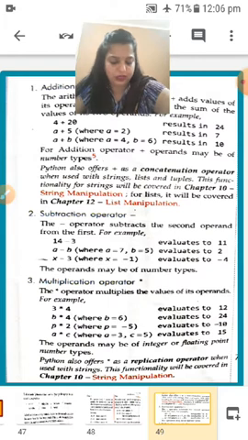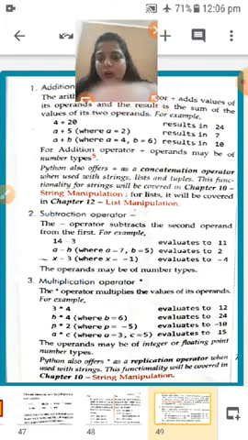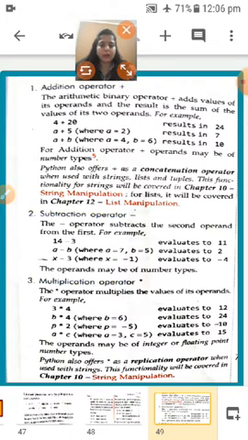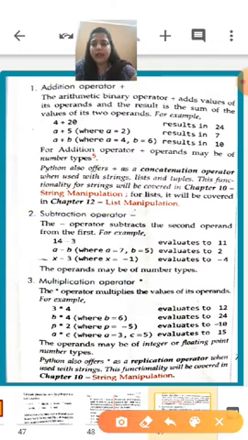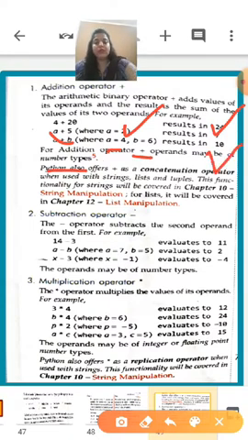Now we are having examples of arithmetic operators. So 4 plus 20 gives you 24. Again I am repeating that if you are having a equal to 4, then a is also a literal here and 4 is also a literal here. You can directly print 4, you can directly print a also. Now 4 is adding with 20, you are getting 24. Now a is adding with 5, a is 2 here, so 2 plus 5 you will get 7. Now a plus b, a is 4 and b is 6, you will get 10. So in this way you can use the addition operator.